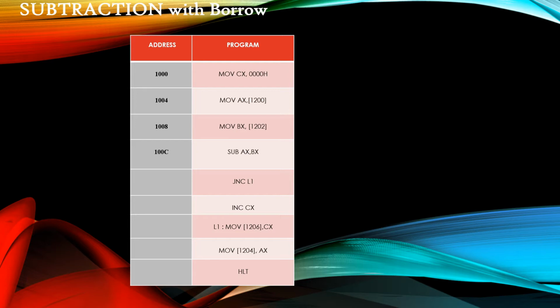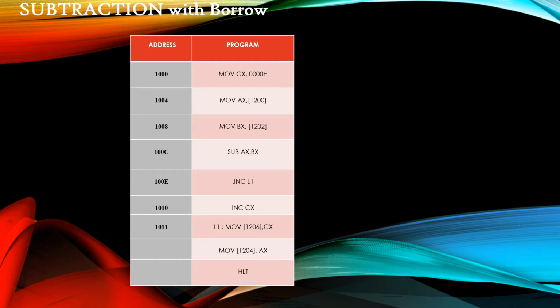if the particular carry is 1, here we need to increment the CX register by 1. Then only we can identify that the carry value is 1. So we are incrementing the CX register, then we will follow the next instruction. Here the JNC is a 2 byte instruction, therefore the location will be 1010. Here we are performing the increment operation, which is a single byte instruction.